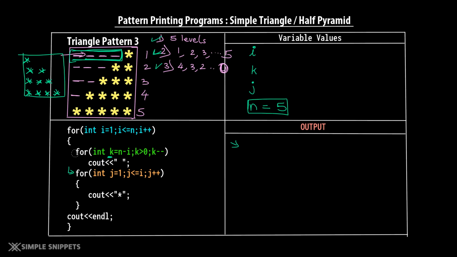Alright. So let's see the first for loop. The first for loop is int i equals 1, i less than or equal to n, and i plus plus. So i's value will start from 1. Let me write i equals 1. So why did we start from 1 to 5? Because reason number 1 is, of course, we want 5 iterations. That is 5 lines, right? So 1, 2, 3, 4, 5.